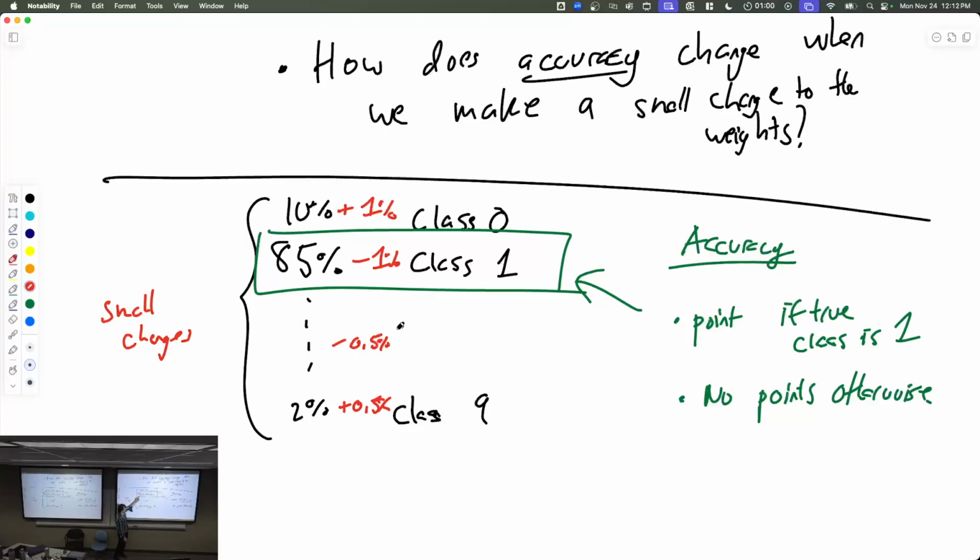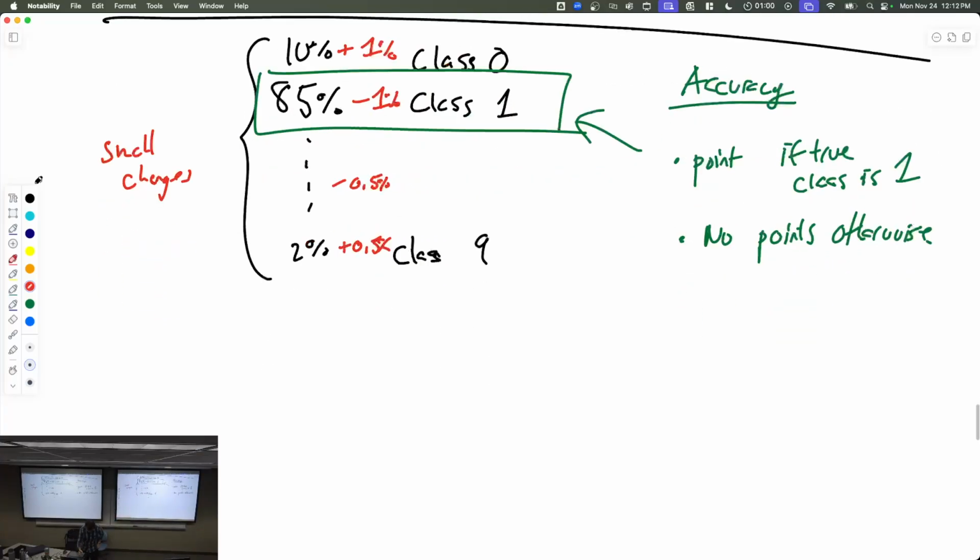This was 85% before. Now it's 84%. It's still the maximum number. The prediction rarely changes, right? The prediction has not changed. Before we were predicting class 1, the probabilities have changed, but now we're still predicting class 1. The only time it would change is if you have a tie, right? So the only exception